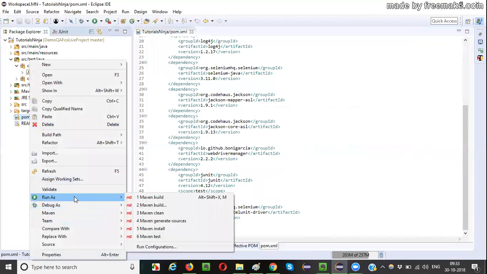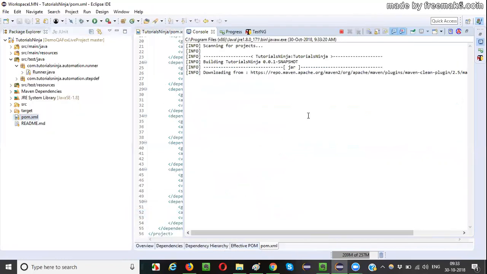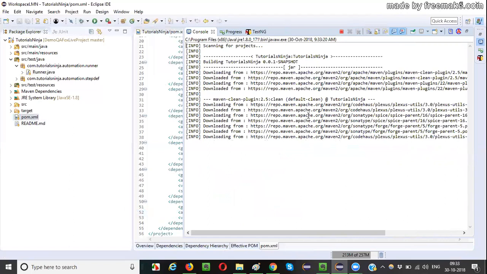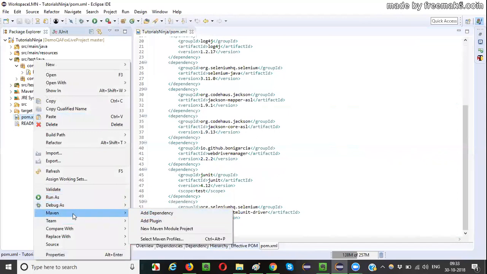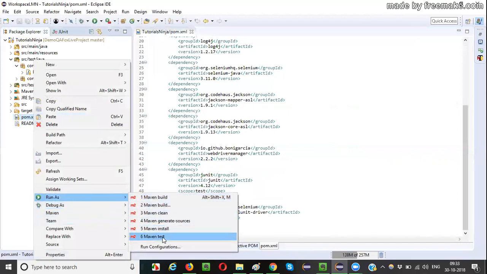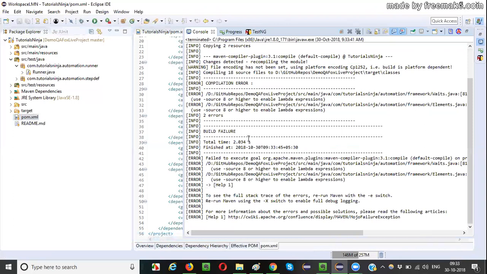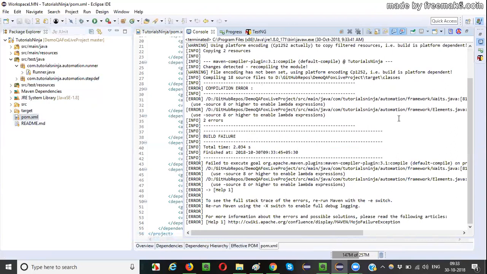We'll do one thing: right click, run as maven clean. I'll clean maven once. Something is going wrong, so I'm just trying to reset maven using the maven clean command. That's good now. Right click, run as maven test. Yeah, now we are seeing the errors, guys. There was something going on, so I just cleaned maven so that it will compile and run the maven test command in a proper way. That's it. So I am getting the same compilation error, which states